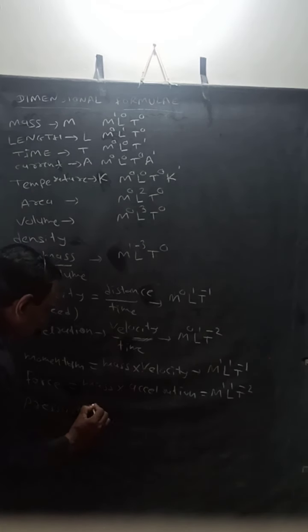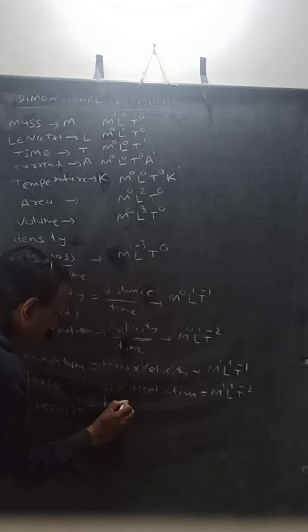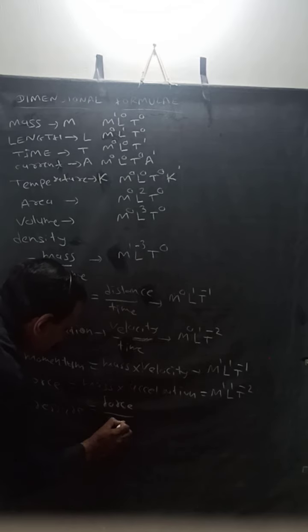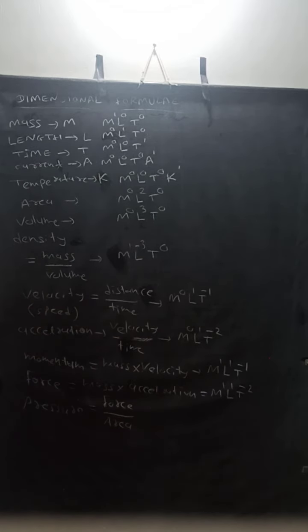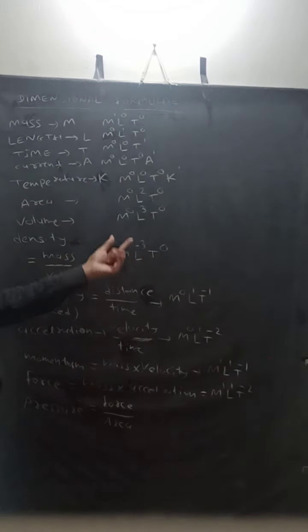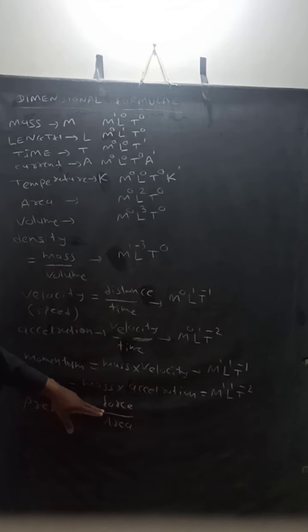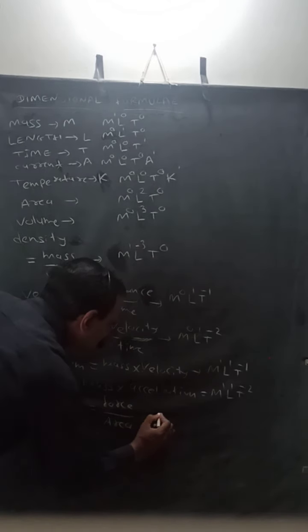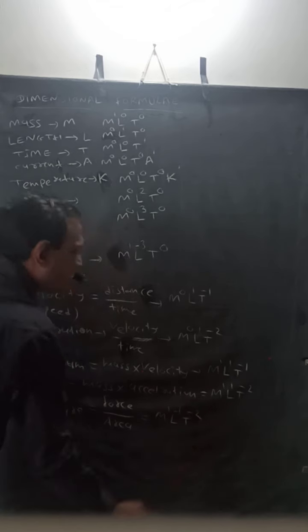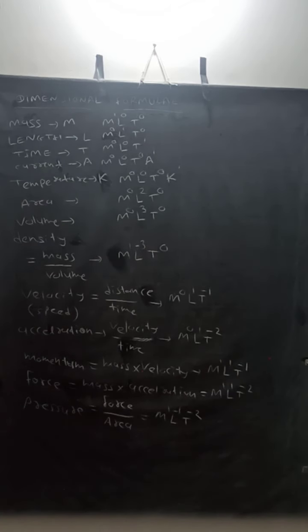Pressure is what? Force upon area. Force is here, area is L2 divided, so simplify, M1 L minus 1 T minus 2. Then after